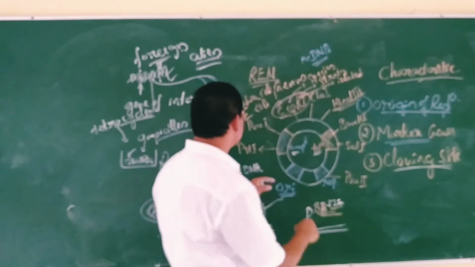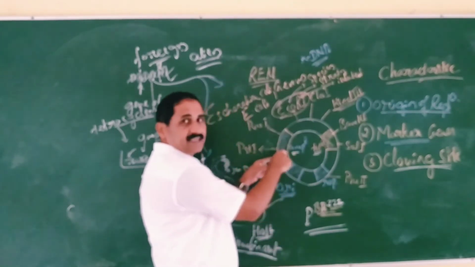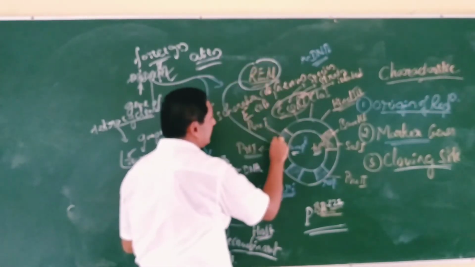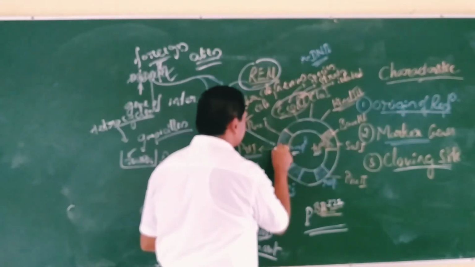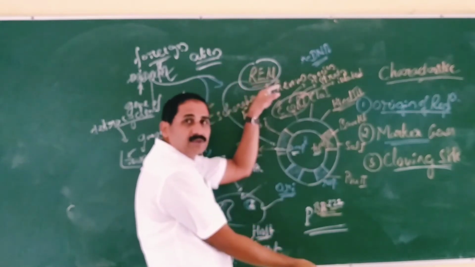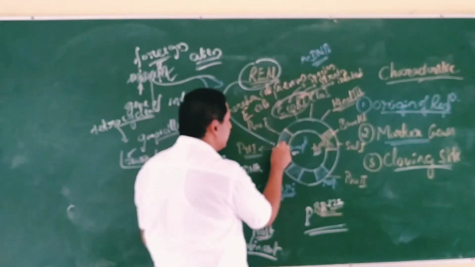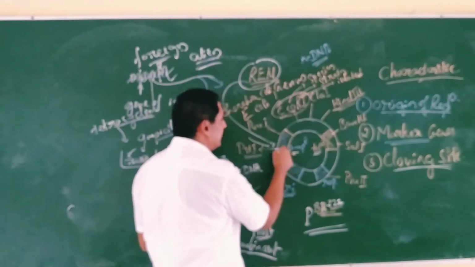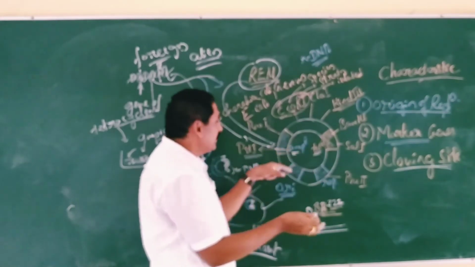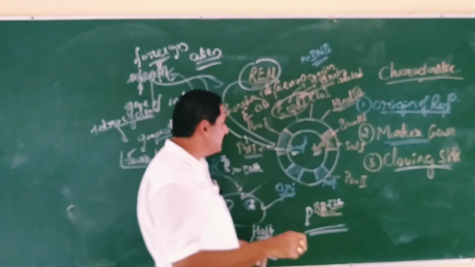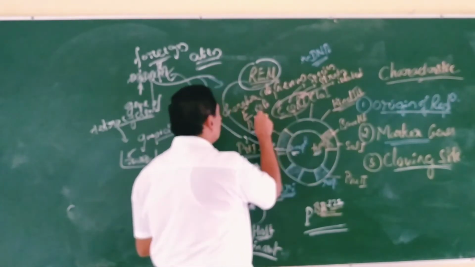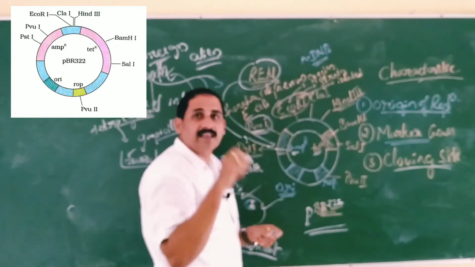What are these cloning sites? A cloning site is the recognition site of REN. Restriction endonucleases recognize this cloning site. If you add a particular REN, it cuts and cleaves the double stranded DNA. Once the double stranded DNA has been separated, you can insert the alien gene. It makes a space to insert a foreign gene or alien gene. So these are the cloning sites, the sites which are identified by the REN.